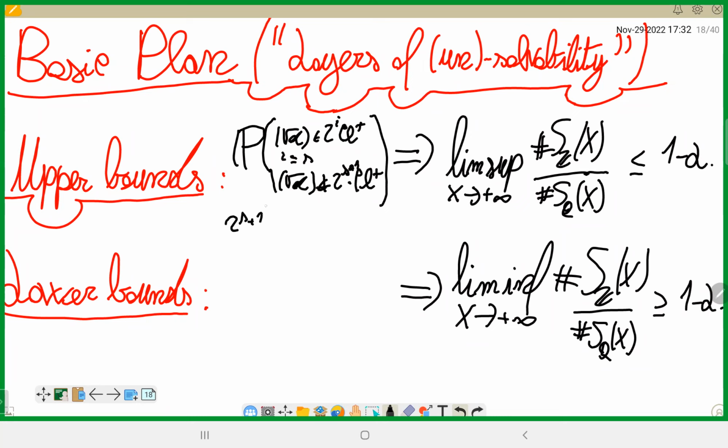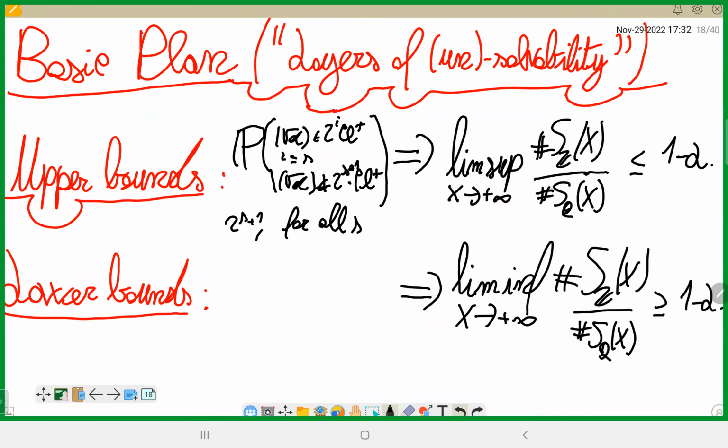So 2 to the s+1 sort of is witnessing that square root d doesn't manage to have integral solutions to the negative Pell equation. So you do this for every s, and you get better and better upper bounds for SZ infinity inside SQ infinity,